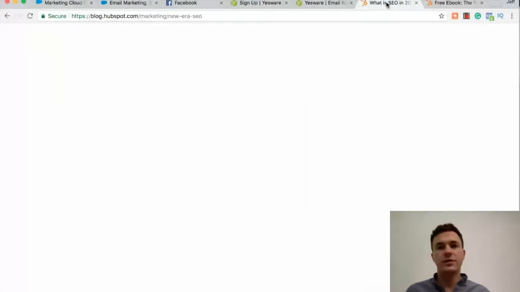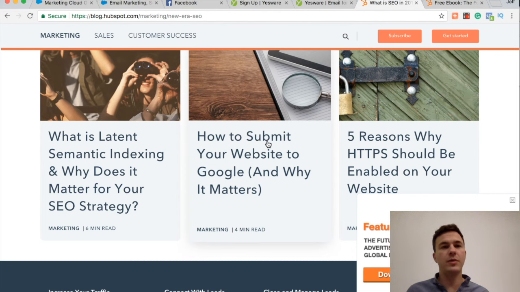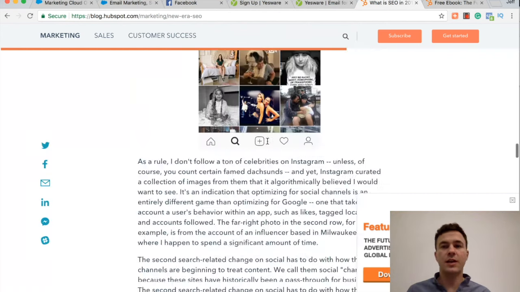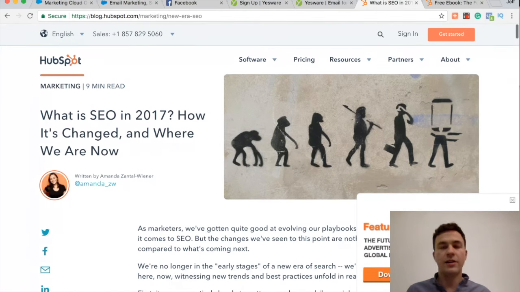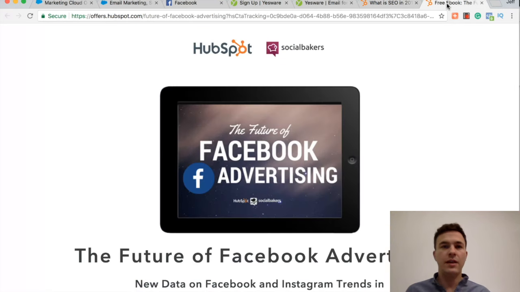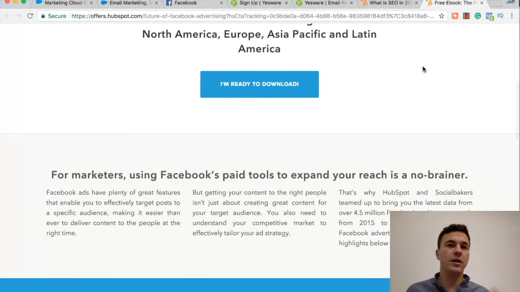And then a different example is using a landing page within your website to kind of simplify things. So instead of this having all these different options, I had clicked on this, download now. I want to know about the future of Facebook advertising. And then I'm taken to that landing page, which has one focus of to get my email, and then they're going to give me the ebook. So hopefully these examples help you understand a few different uses of when landing pages are used and how the landing page is different from the homepage.